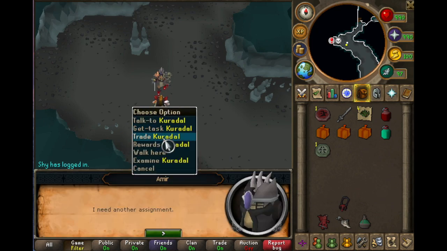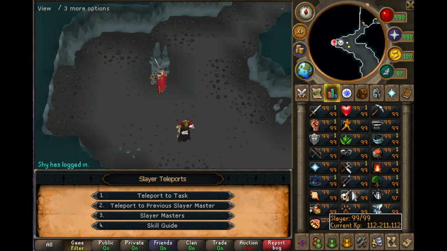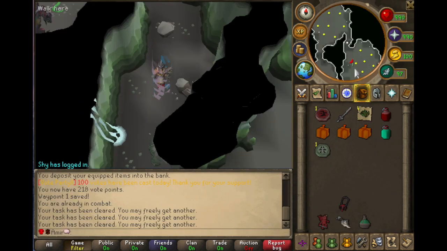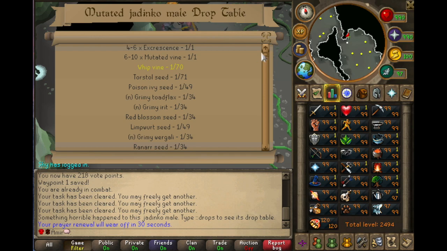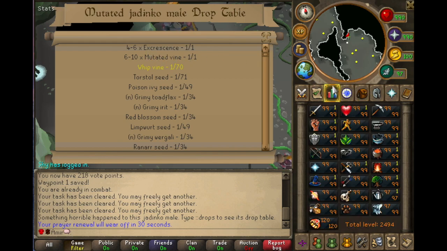And then, what else do we have? Mutated Jadinkos. I actually do kill these because they, let me show you, teleport to task. They have something really valuable for my fletching, which I need to prestige in order to get my Trim Concave. They drop Whip Vines, which is always handy if you're a normal account. The main 2 things I want are the Mutated Vines and the extra Cassine, which is useful for making Whip Vines,